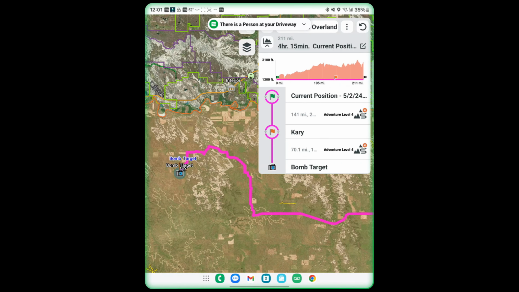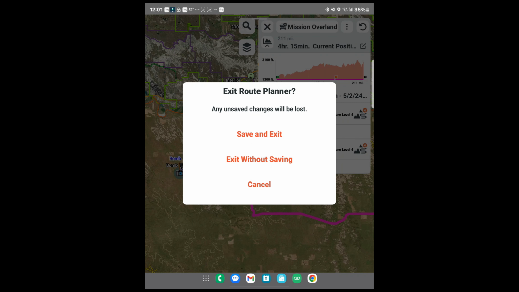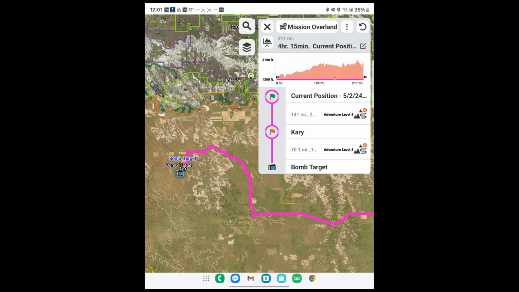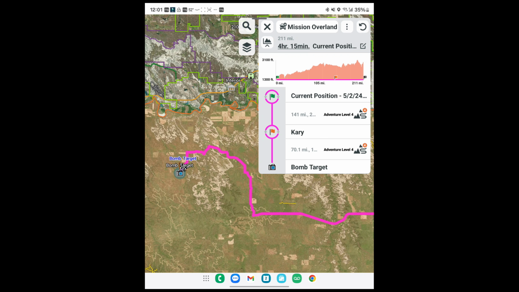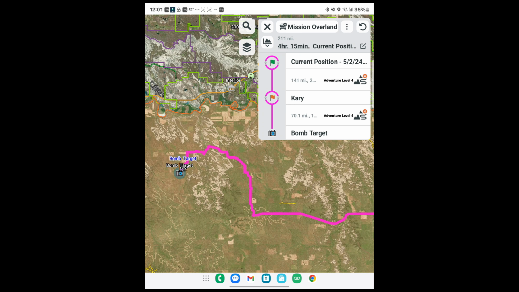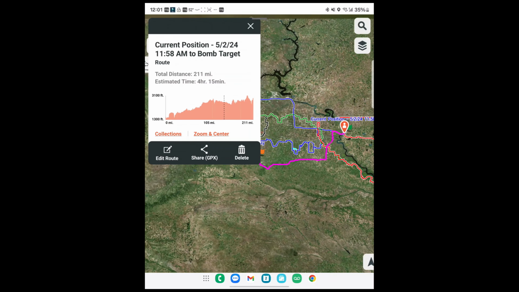And then after I'm done with that, if I want to save this, I can save this, right? So if I want to go like this, it'll ask me what I want to save it as. Now let's say I don't want to save it. Cancel. I want to rename this. It's in my thing. I want to name what this is. I can do that as well. So current position, areas like that. So also, if I want to hide all that stuff, I can. So let's go ahead and save this.